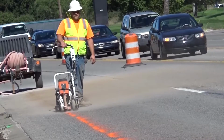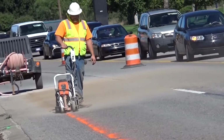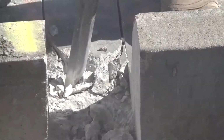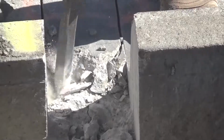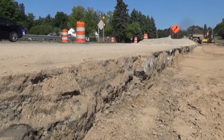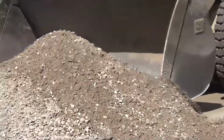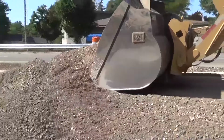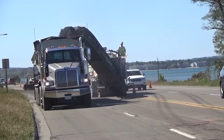We began the second phase of the project doing different upgrades, basically replacing some of the older guardrail along that section, eliminating some curb cuts where Acme Township's starting to try and get some park space along the waterway, and then doing an undercut where there's some wood chip fill used back in the day underneath the road. It was starting to create quite a bump there just by Acme Creek. We raised a few manholes, all the preparatory work to start the main portion of Phase 2, which is